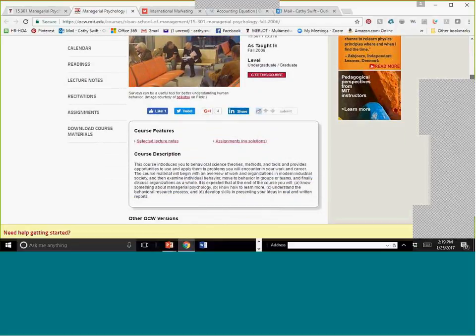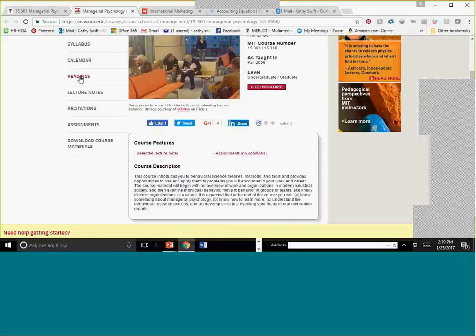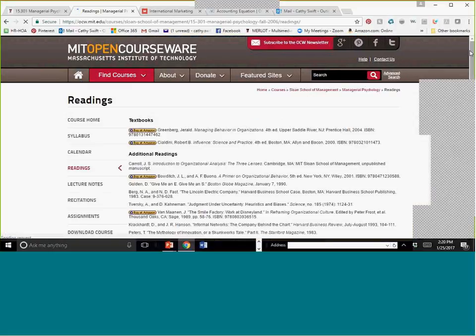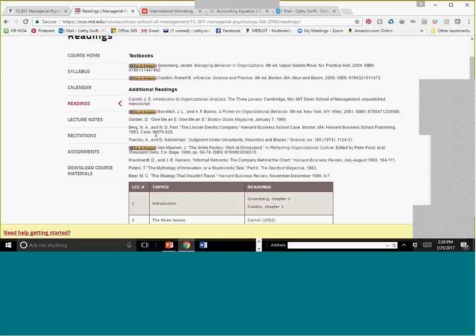Well, I go to the readings, but some of them, different materials might be interesting. Let's look at the readings. Things that have been assigned in the class, and you could easily use these readings. Some of these you have to buy on Amazon. Some are from various journals. So, at least an idea of what to buy, what to use. Manuscript would not be very helpful, but some of them could be.